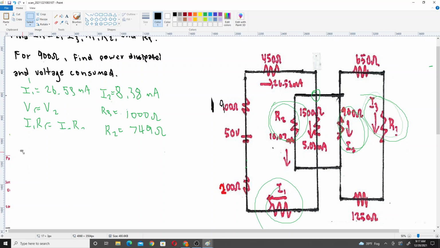So we have the 900 ohm connected in series to, and when they're connected in series, that's how we know to do regular addition. So 1/49 plus 1/1500, and then